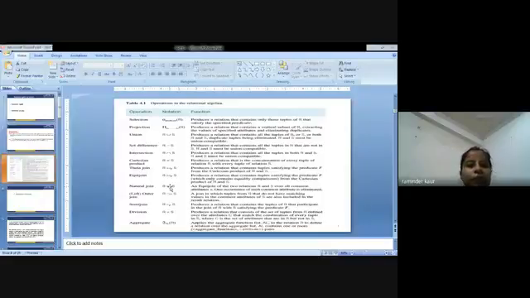Same is the case. Next is left outer join. Next is semi join. You can have a look at the interpretation. This is the symbol for the same, and this is the symbol for the semi join. What is the interpretation of the outer join? A join in which tuples from R that do not have matching values in the common attribute of S are also included in the result relation. Next is semi join, after applying the predicate F. It produces a relation that contains the tuples of R that participate in the join of R with S, satisfying the predicate F.